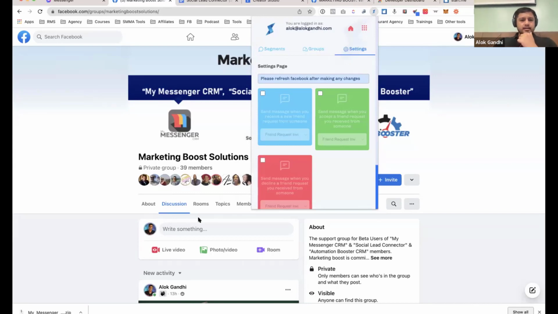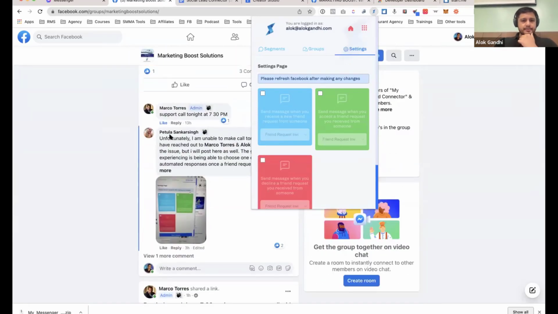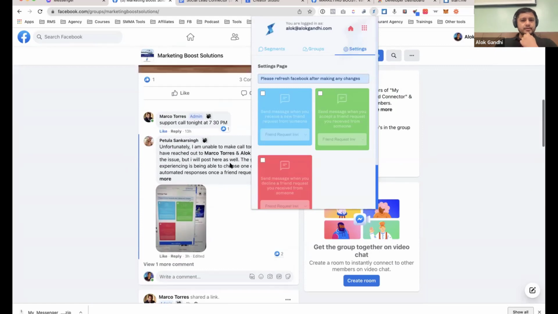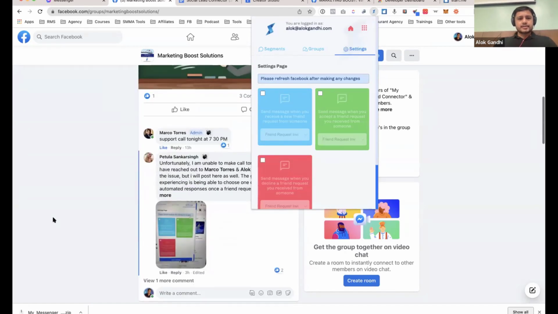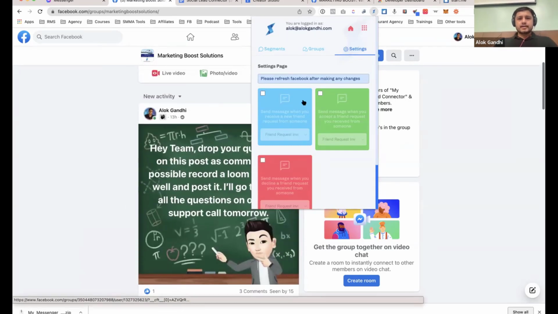Now someone in the group, Petula, said she won't be able to hop on this call most likely, but I want to address this so that hopefully she sees the replay. She had an issue with setting this up, and that is exactly where we are. So Petula, if you are listening, this is an answer for your question. She wanted to know how to set this up.